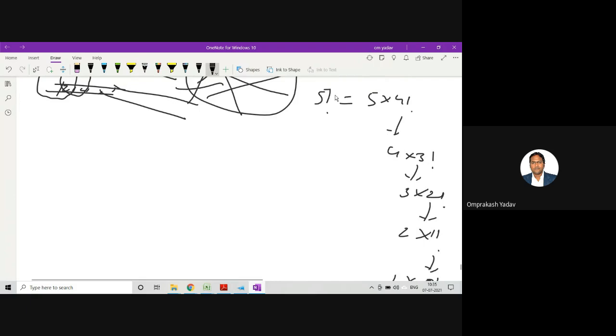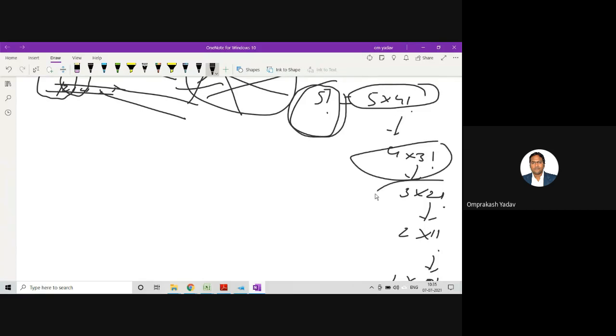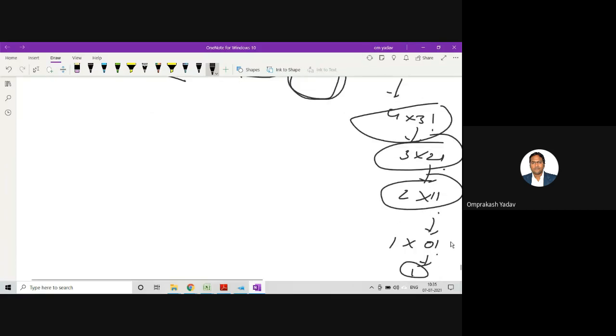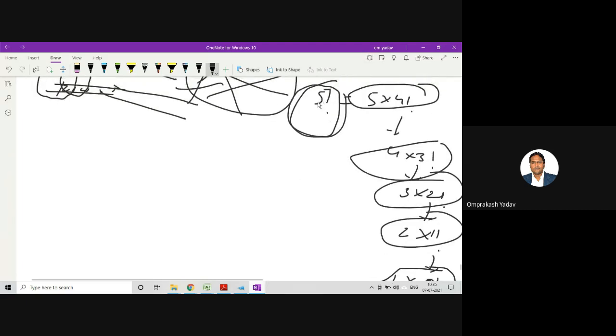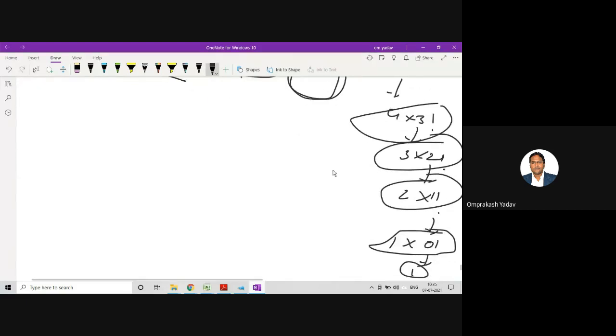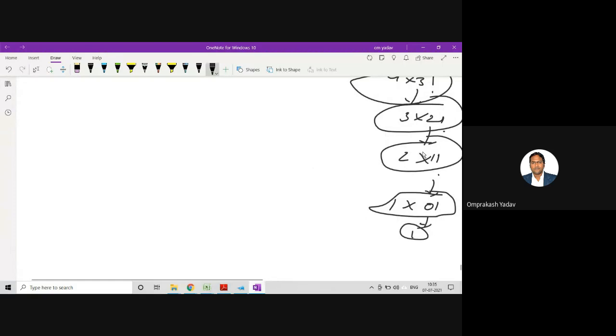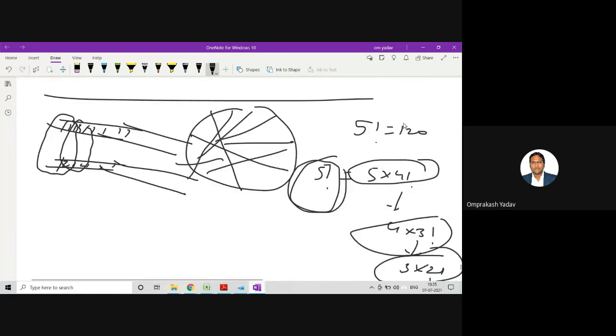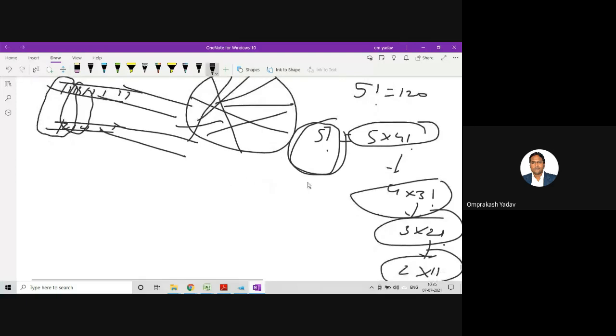And if you see here, the larger problem was 5 factorial. To determine the 5 factorial, we divided it into several smaller problems, but every small problem is of a similar nature to the big problem, that is, to calculate the 5 factorial. The way we calculate the 5 factorial will remain the same for calculation of the 2 factorial, 3 factorial, right? So all the smaller problems which we have divided will have the same nature as the big problem. And every recursive function call has two phases.